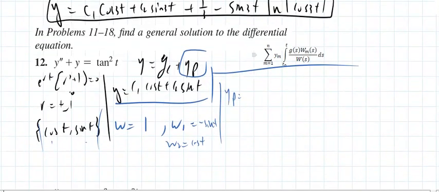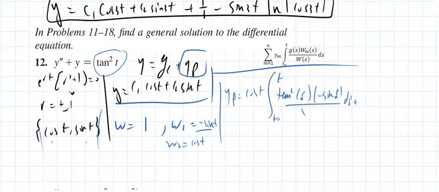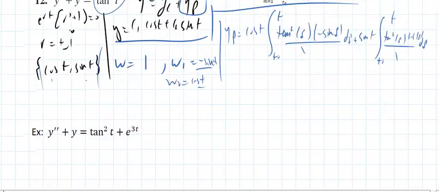The particular solution is going to be y sub 1, which is the cosine of t, the integral from t naught to t of g of s, that's tangent squared of s, times w sub 1, which is negative sine of s, divided by 1 ds, plus the sine of t times the integral from t naught to t of tangent squared of s. That doesn't change, the 1 doesn't change, the s doesn't change. Well, the second was a cosine of s. So if I look at the particular solution,